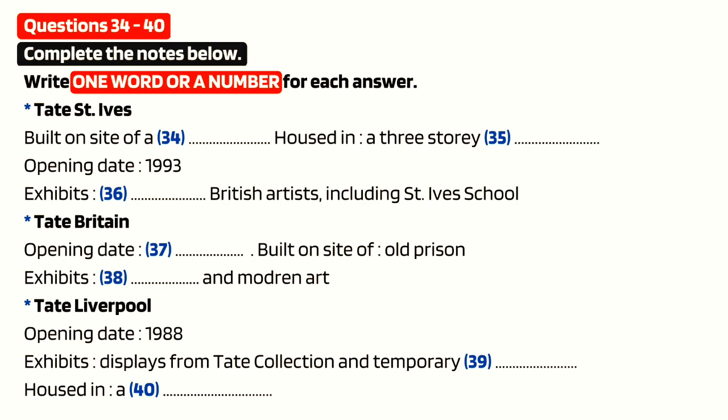Now, the second gallery I'd like to talk about is Tate St. Ives, which is in Cornwall. It was built on the site of a gasworks, and it overlooks Porthmeor Beach. Tate St. Ives is housed in a 3-story building that was designed by the architects Evans and Shalliff. It was established in 1993, 7 years before Tate Modern was opened, and the gallery exhibits the works of modern